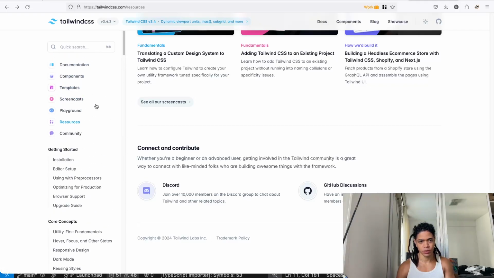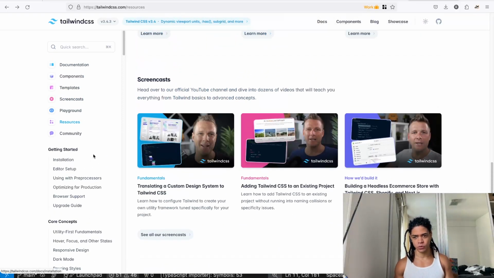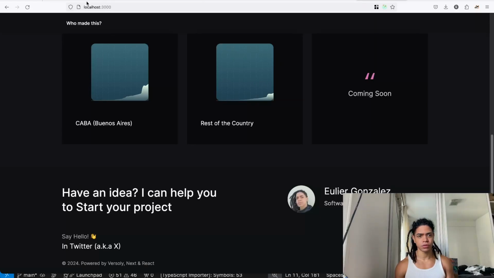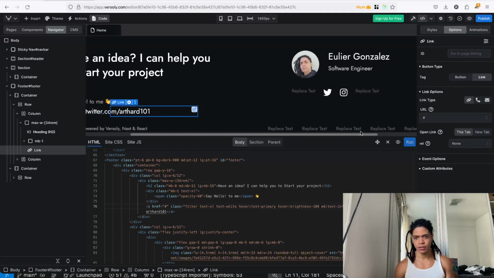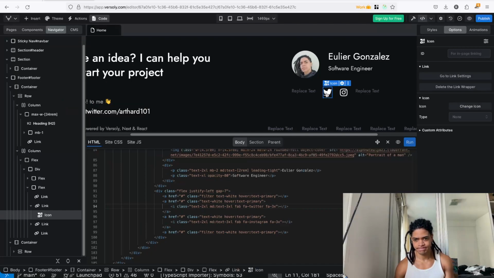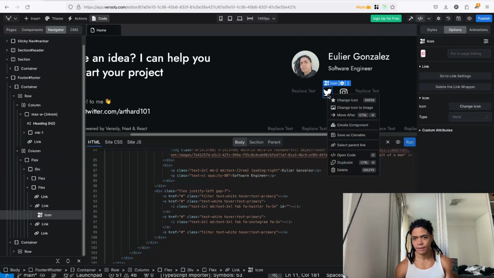Okay, Tailwind icons here. Where is it? It seems that it's not able to export those icons here because unfortunately this comes from here. To change icon here, can I?